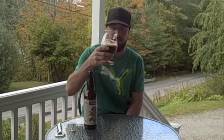But let's see what we got. Cheers. What's interesting, the taste is very similar to the nose. There's very much that acidic vinous note to it that is much more prevalent than when this was fresh. There's a little bit of a drying quality. I think a lot of that little bit of barrel in here adds a lot to that drying effect. You know, there's definitely a nice, richer malt undernote to it,